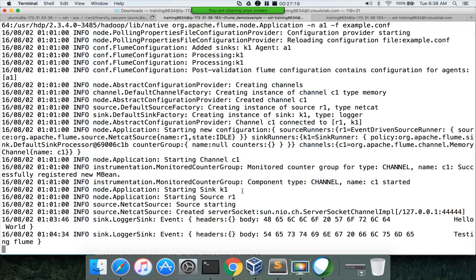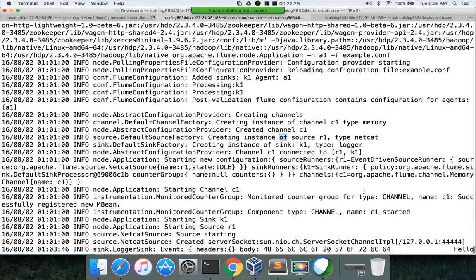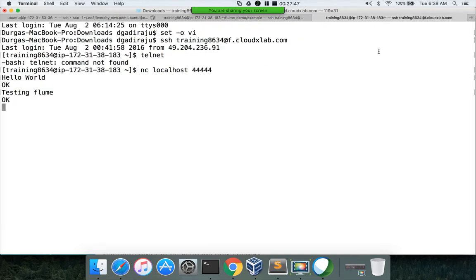Okay, so the server is started as part of the Flume ng start command. You can see it has created an instance of source type netcat, and then an instance of sink k1 type logger, and in the end, within the same session, it actually started the web service. So everything is logged into this one, but in the backend there are multiple things running that we can validate. Those are a web service on port number 44444, and second, a Flume agent.